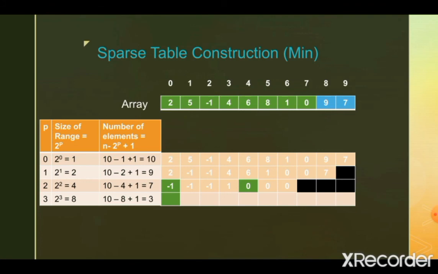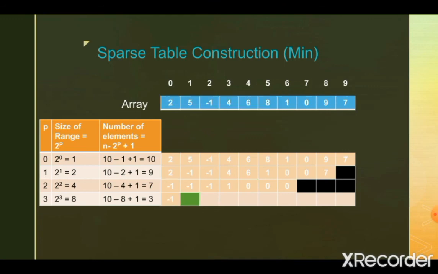Again, notice that in order to compute the minimum of the final row element, we are not iterating through all the elements of that range. We are not iterating from 0 to 7 here. We are considering the minimum value in the previous row at appropriate positions as highlighted, -1 and 0. Minimum among these two is -1. Hence, the value becomes -1 for the first element in the final row.